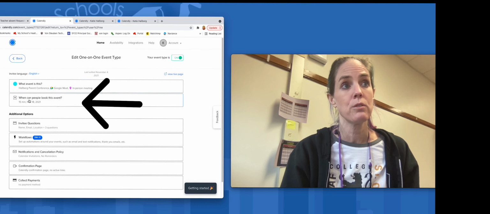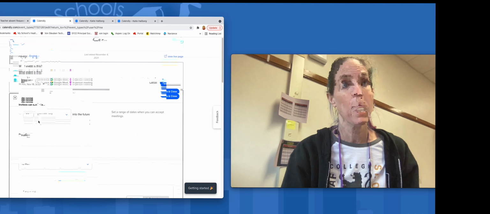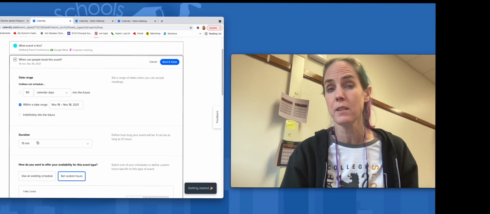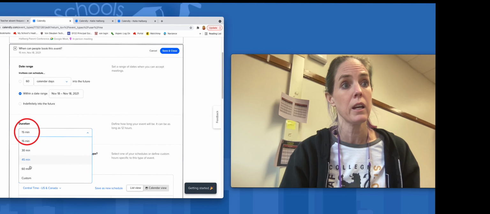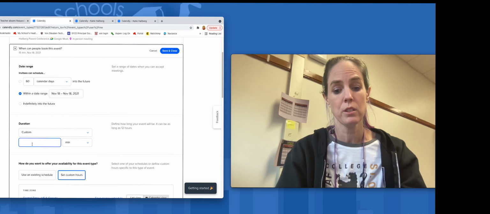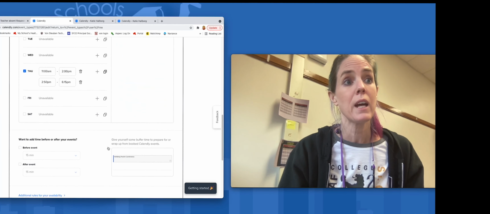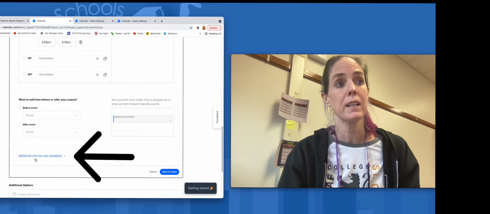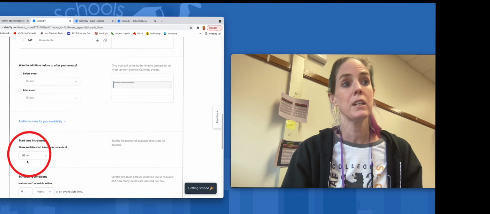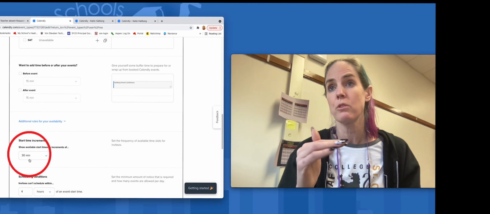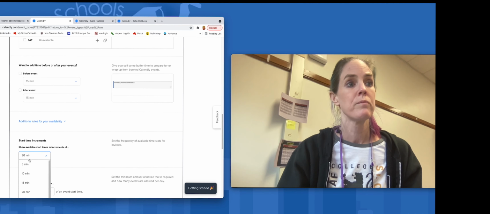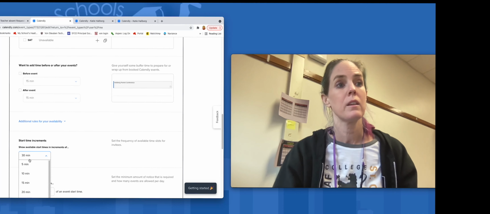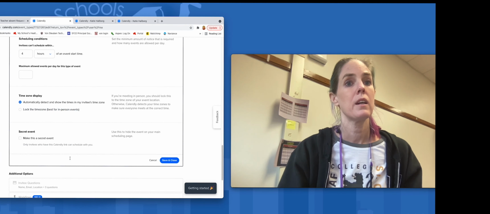Then you're going to click on when people can book, where you had your duration at 15 minutes. If you want your 10-minute slots like normal, you're gonna click here and click custom and switch it to 10 minutes. Then you're gonna go down to the bottom and click additional rules. And here it says 30 minutes. That's why it was scheduling every 30 minutes rather than every 15, which you wanted. If you want your 10 minutes, like I did, you're gonna click 10,